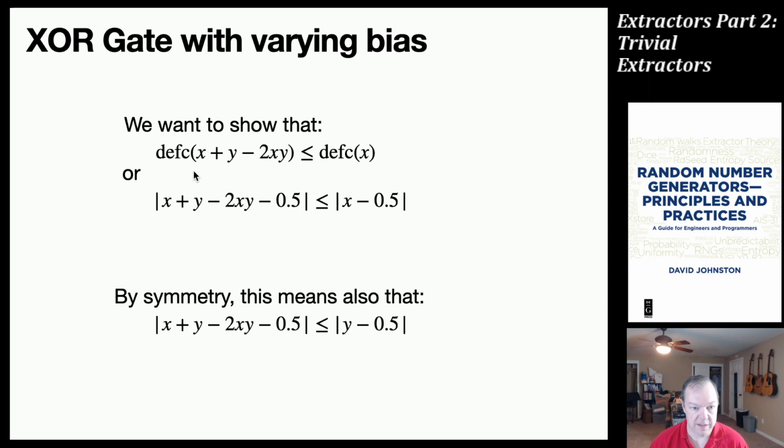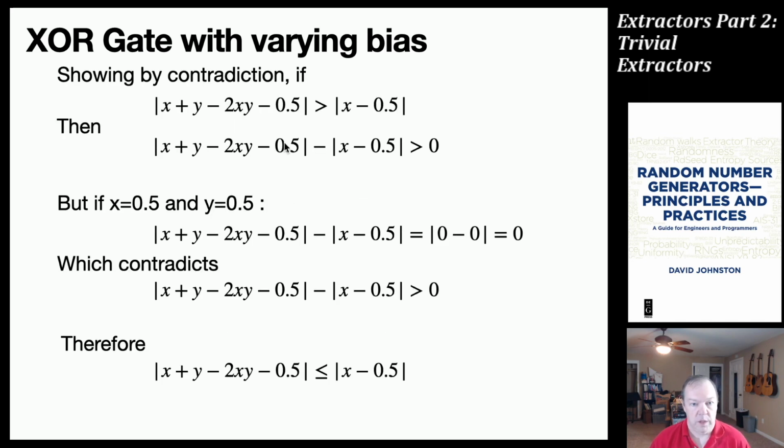And so if we unroll this equation for the deficiency, we get the absolute value of X plus Y minus 2XY minus 0.5 is less than the absolute value of X minus 0.5. And that's what we want to show. So we're going to do the opposite and show it by contradiction. So if we say that the absolute value of X plus Y minus 2XY minus 0.5 is greater than the absolute value of X minus 0.5,